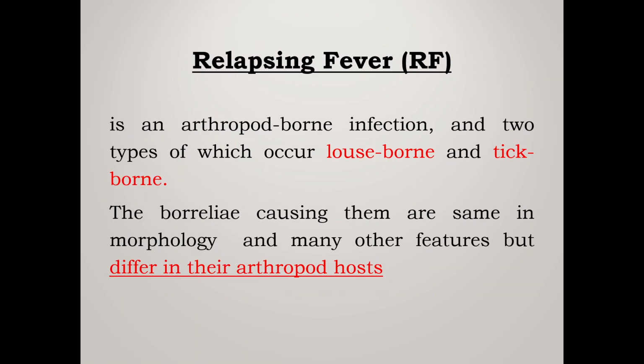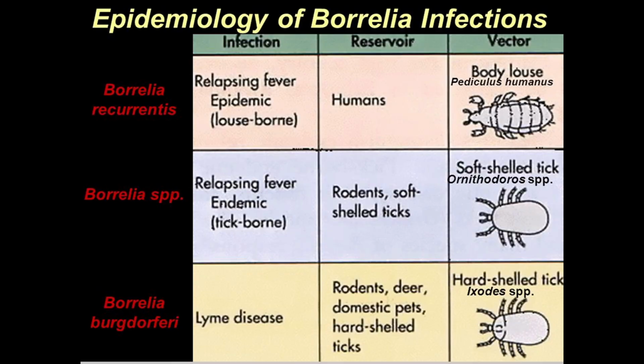Relapsing fever is an arthropod-borne infection, and 2 types of it occur: louse-borne and tick-borne infection. The Borrelias causing them are the same in morphology and many other features, but differ in their arthropod host. On the slide you can see different types of Borrelia, which cause different types of infection, have different reservoirs and